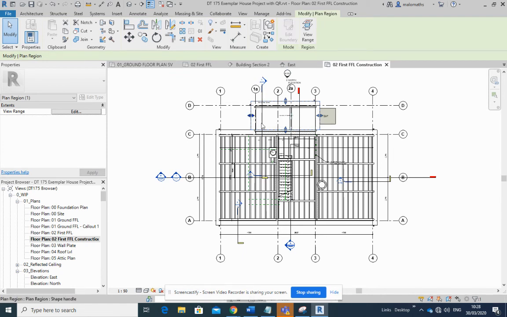But what this does then is, look, if I pull that view range through here, you can see that it is now acting upon the instructions that I gave it in this view range over here, which means that these are disappearing. And I'll pull that back up here. So it's a way of creating a kind of independent view range within the view range of the actual